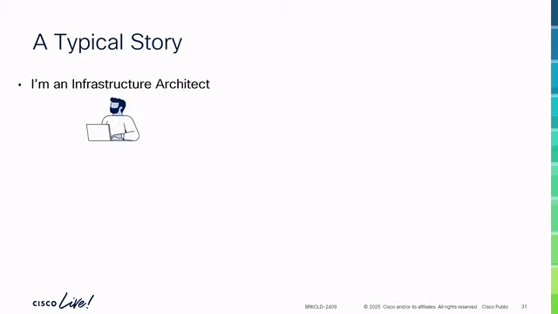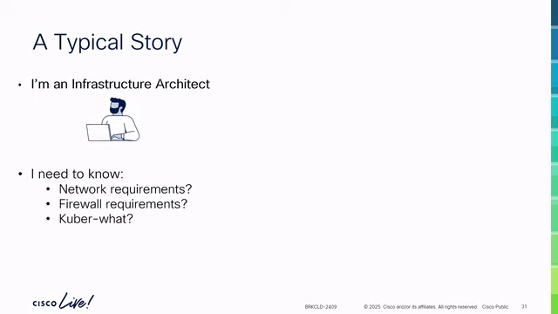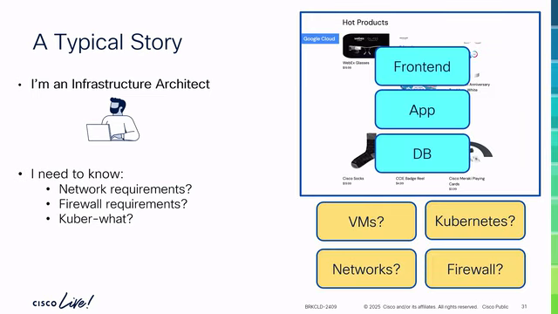On the other hand, we have our infra guy, network team, compute team, a combination of that, depending on the organization, obviously. And he needs to know, okay, you want to deploy an application, but mate, network requirements, where to put it, firewall, what is Kubernetes? Please give me something here, right? Again, we are talking about the typical application, front-end, app, DB. This is for our developer. This guy is more worried about VMs, networks, Kubernetes, firewall. Yeah, give me something. And normally he's going to be complaining, you're not giving me requirements, or you're not giving me any clarity at all.